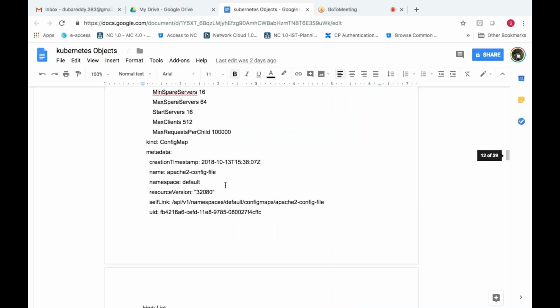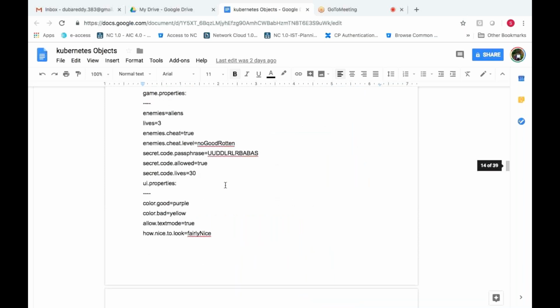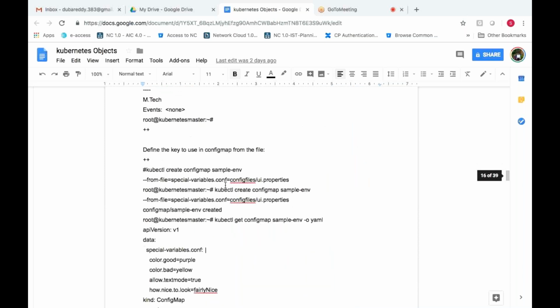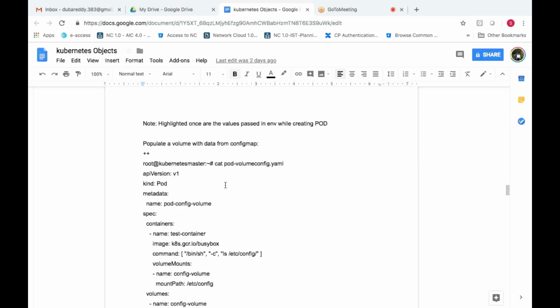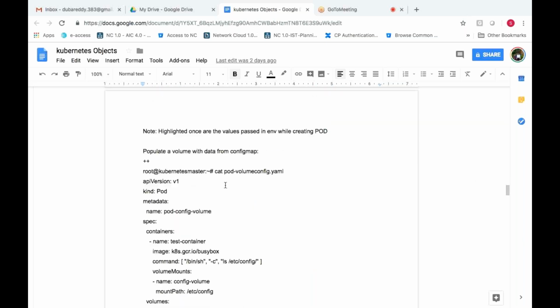So let's see, this is populating a volume with the data from a config map. What is the advantage of using it? Let us say multiple containers in the pod want to use the same config map. Then what will you do? You need to come up with a solution called creating a volume and assigning a config map to it.